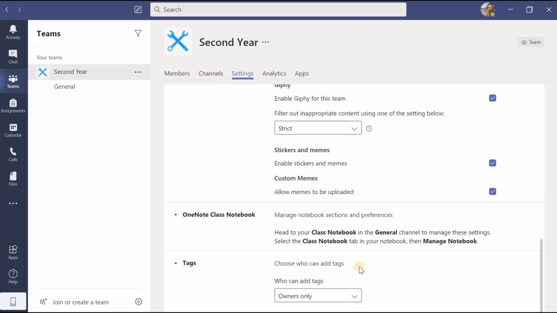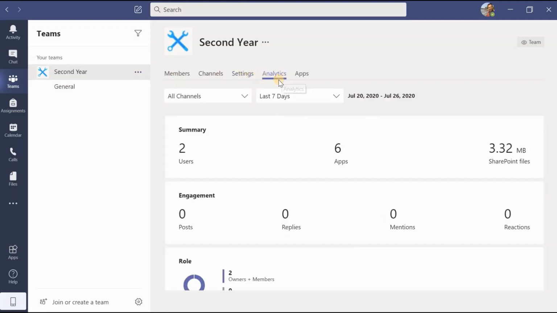Depending upon that, you are going to add the tag, so that it will be very much easier to search out their names, or to search for that tag only, and you can send the message or chats during the conversations. It will help you a lot for creating the tag. Then let us move ahead. Let us go to the analytics.